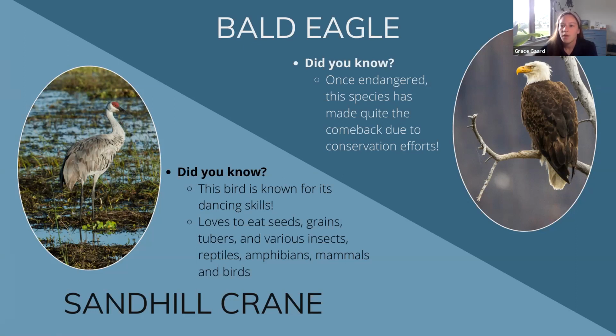And then the bald eagle. The bald eagle can be found in other wetland types, but I thought the riverine wetland was most appropriate to put it in. They were once an endangered species, and a big reason for that was that there were chemicals used in farming called DDT, and a lot of the buildup of that, so they weren't directly applied anywhere to a bald eagle, but because